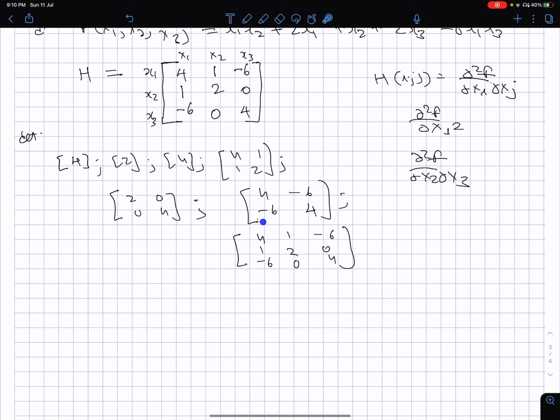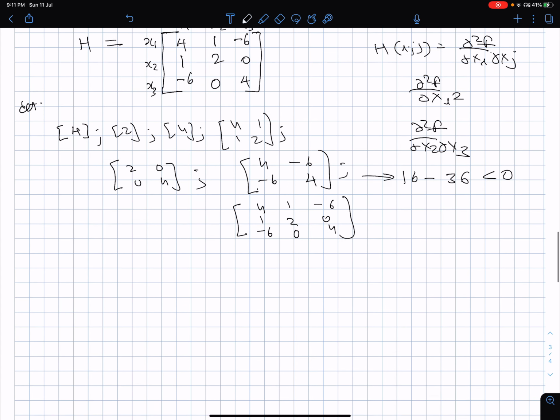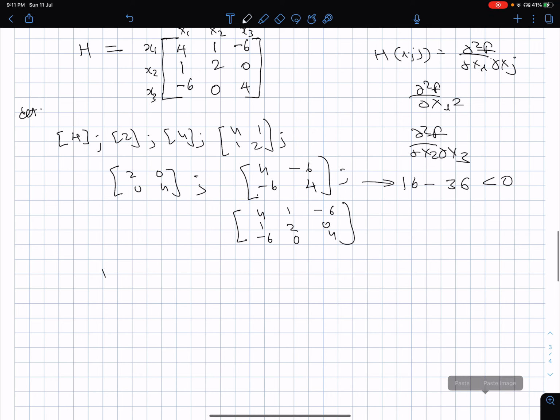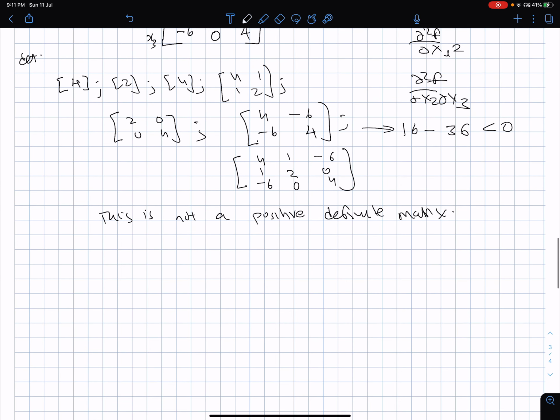4 4s are 16. 16 minus 36, which is less than 0. So this is where we come to the conclusion that this is not a positive definite matrix. It cannot be